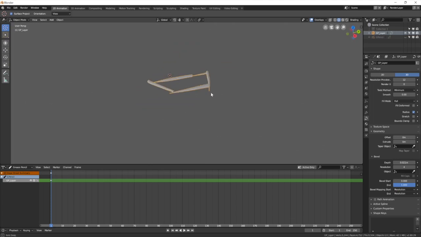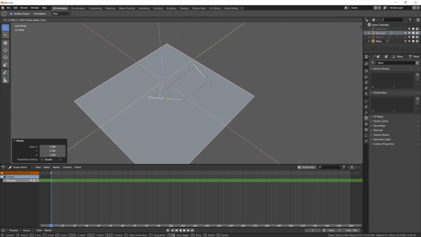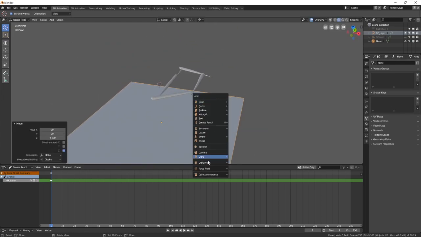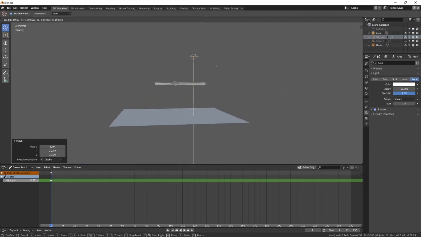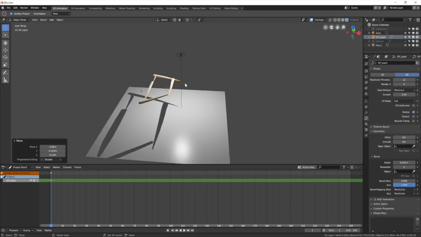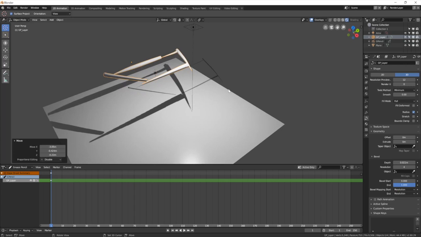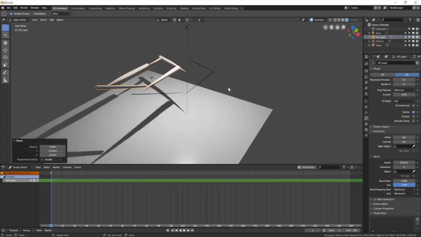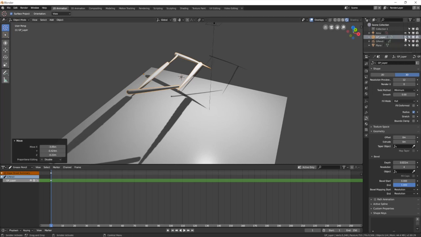And obviously now this is the geometry. So for example, if I create a quick plane over here, and if I create a light, like an area light, yeah, and I go to rendering mode, you see this is now real geometry. You can texture it, you can light it, and you can do all that magic. Compared to grease pencil, I know they have plans to introduce the same kind of feature for grease pencil, so it could cast shadows, but in the end,